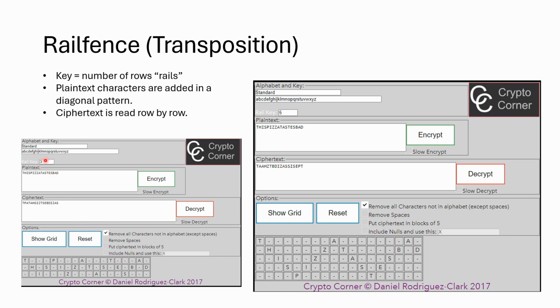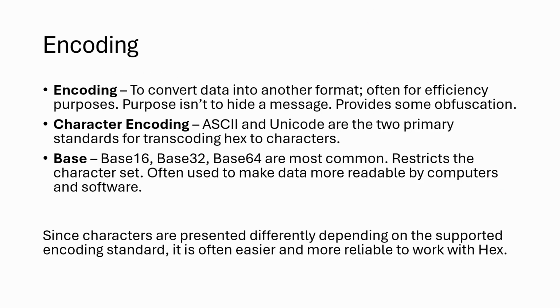And then we have a rail key of 3 over here, so it's 3. We have the same plain text, but we have different ciphertext because our rails are different. So that's that. So we're going to move on from ciphers, and we're going to go into encoding,